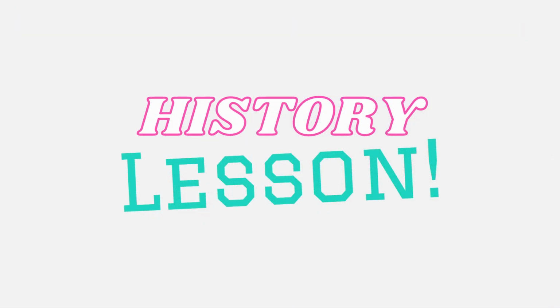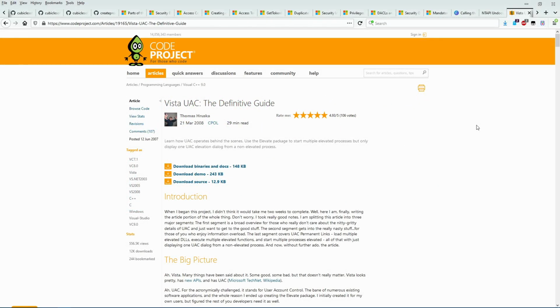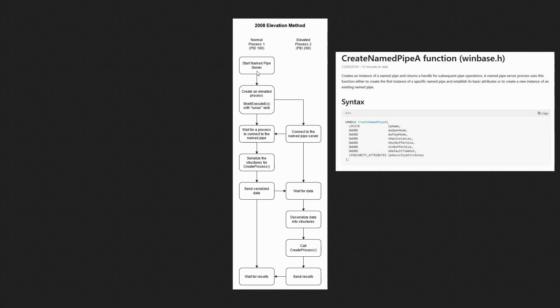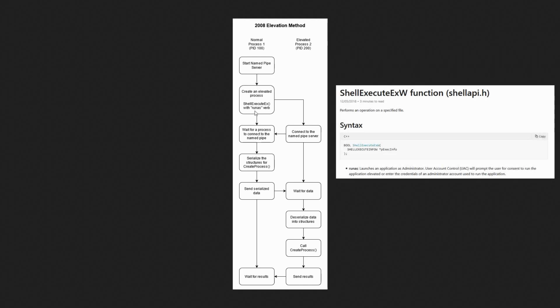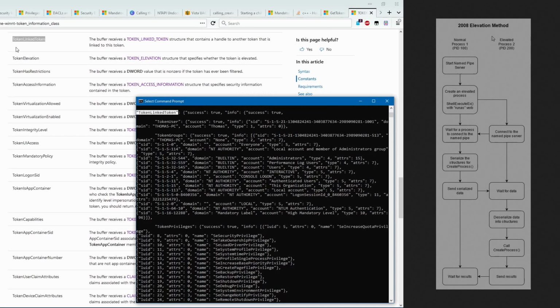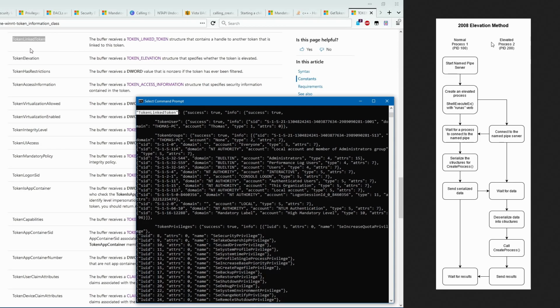Back in 2008, I figured out how Windows Vista UAC elevation worked and published an associated and rather lengthy article on Code Project. The knowledge from the article continues to be useful in modern Windows software development. To summarize, a non-elevated process sets up a named pipe server that the elevated process will connect to in order to receive instructions. Then it calls shell execute X with the run as verb, which triggers an elevation prompt, which starts a new elevated process using the linked security token of the user.